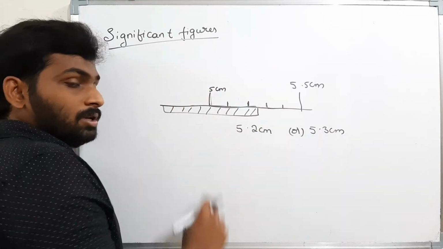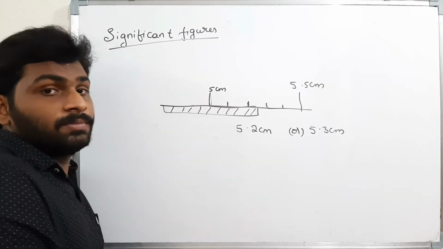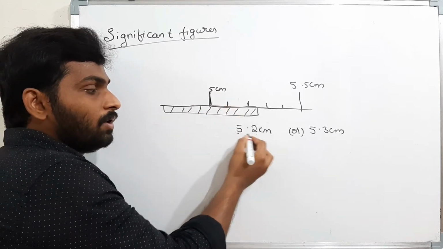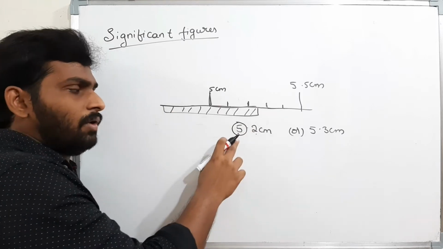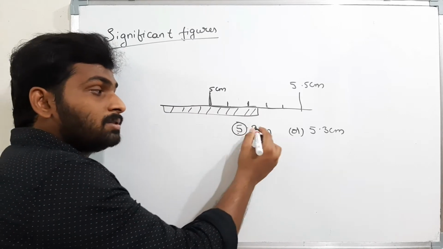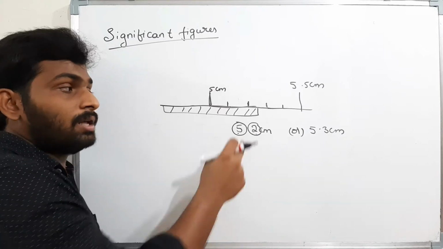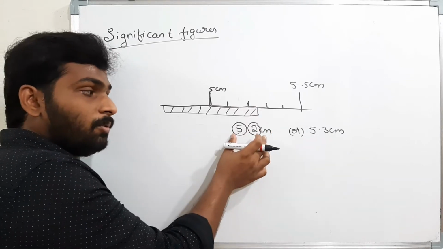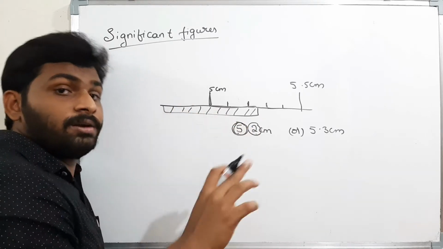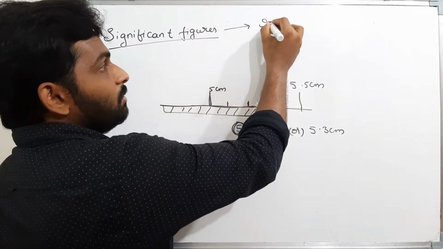Now see, significant figures means the digits which give me the absolute value. In 5.2, 5 is for sure. The length of the rod is 5 something. That means 5 is a compulsory digit, plus one uncertain digit. It may be 2 or it may be 3. The answer may be 5.2 or 5.3. That means in 5.2, 5 is a certain digit, that means an absolutely correct digit, where 2 is an uncertain digit. Therefore, significant figures in a measurement.